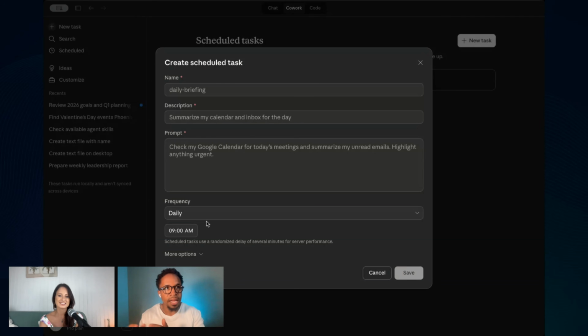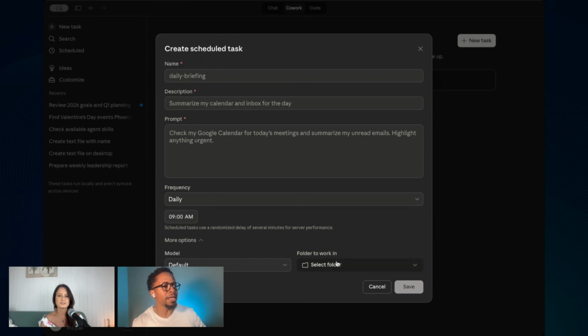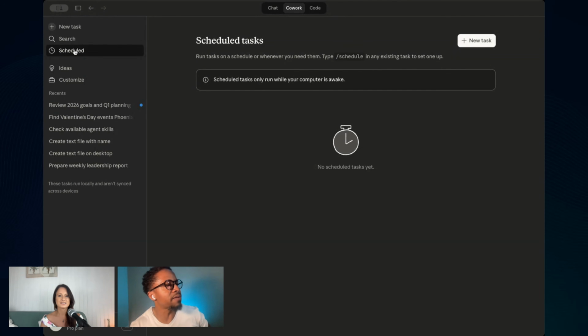So there are two parts here. There's the skill, which is the instructions of what I wanted to do, which almost just seems like a prompt. But I just want to highlight the fact that you can run this prompt or this skill on a regular schedule, and this is the place where that works. Again, you can run it hourly or daily. And with cowork, when it's done, it's going to put things in a certain folder, which makes it unique. I just wanted to highlight that.